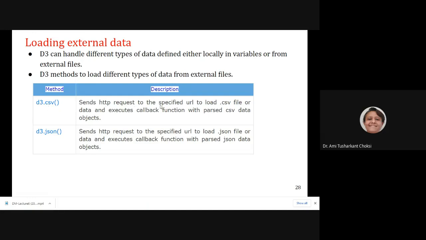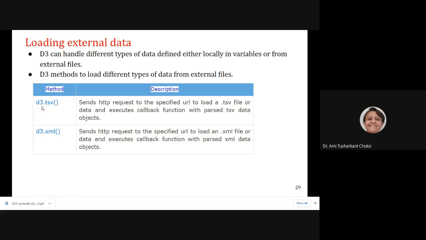It sends an HTTP request to the specified URL to load a CSV file or data and executes a callback function with the parsed CSV data objects. We can have a JSON file also. That is, d3.json is the method. So to load a JSON file, we use d3.json.